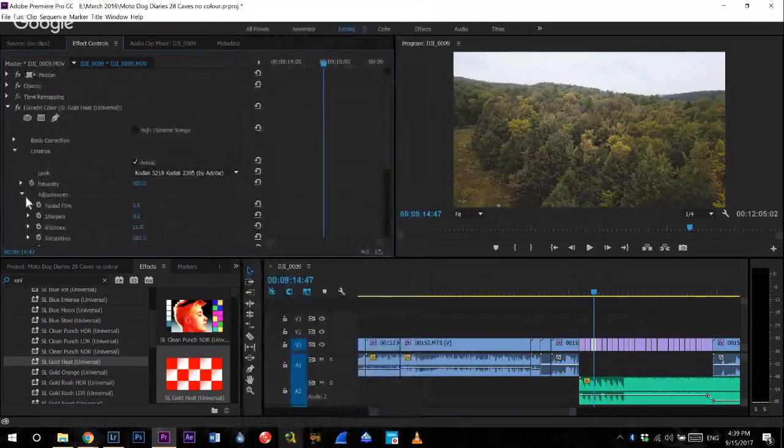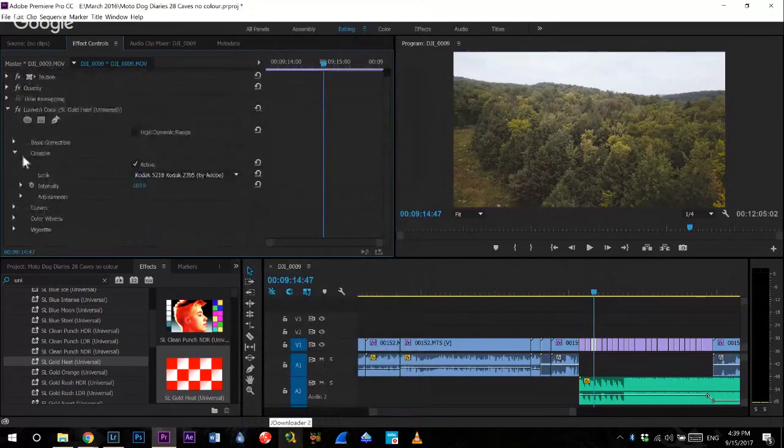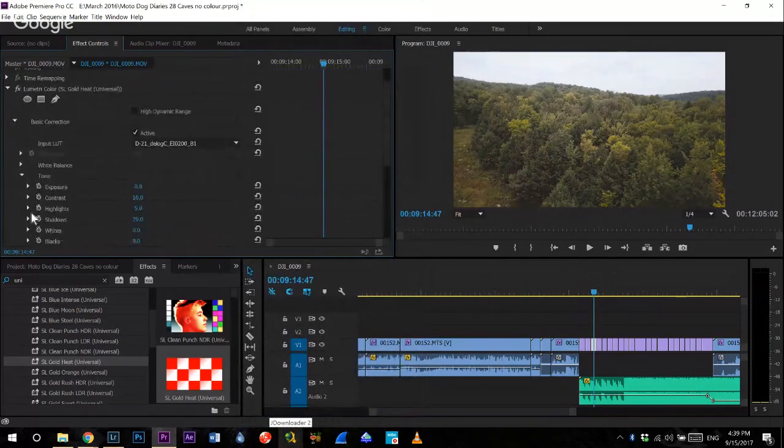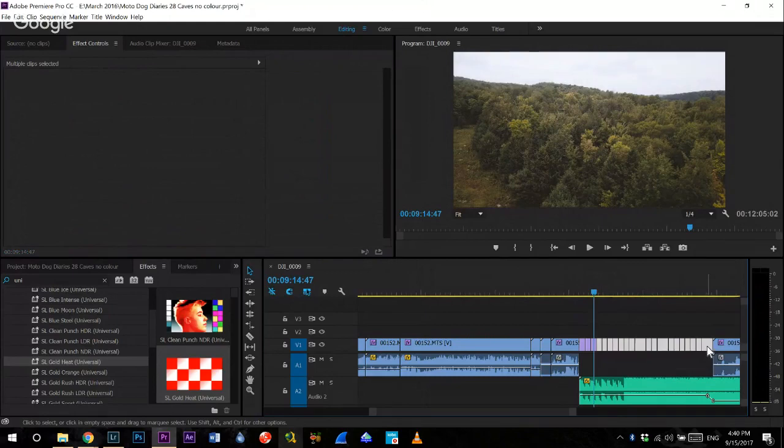Or maybe if I keep it on the flat one, I'll change these settings. So the black will go down to negative 15. Yeah, there we go. That's much better. Okay, exposure. Contrast. Let's set the contrast back to 0. Off the white spin. Okay, cool. So now I've got a setting I like for that. So Control C on that Lumetri setting,